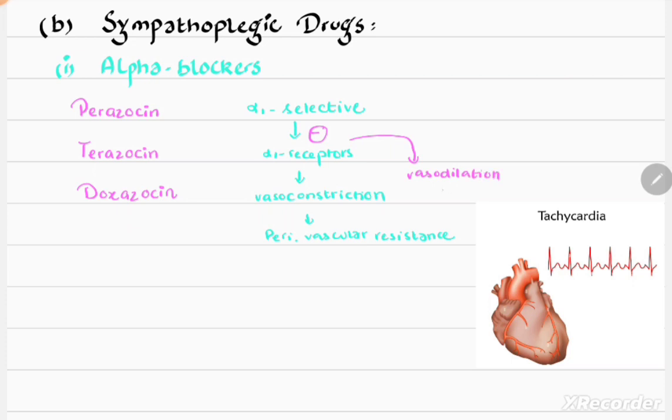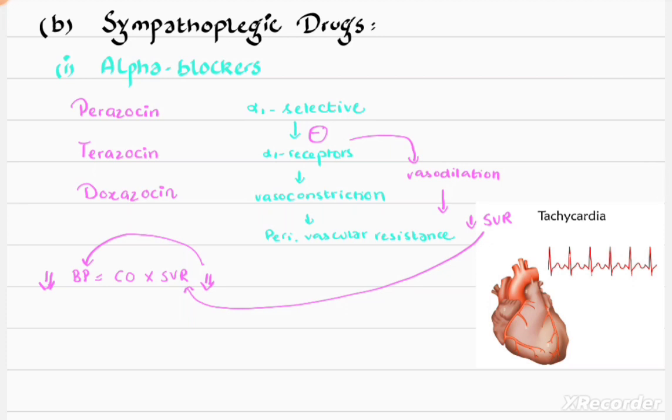Now, as a result of vasodilation, the vascular resistance is decreased, so the SVR is decreased. As we know, blood pressure is the product of cardiac output and systemic vascular resistance. So when the systemic vascular resistance is decreased, as a result, the blood pressure is also decreased. So this is how they mediate their antihypertensive effect. We use specifically alpha 1 selective blockers for the treatment of hypertension, because the non-selective alpha blockers, they